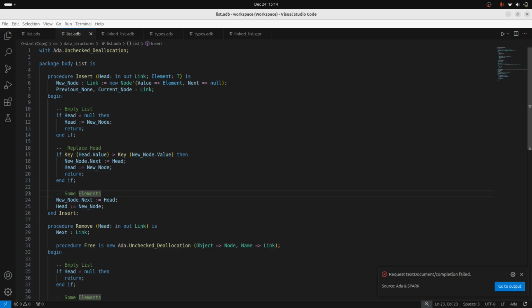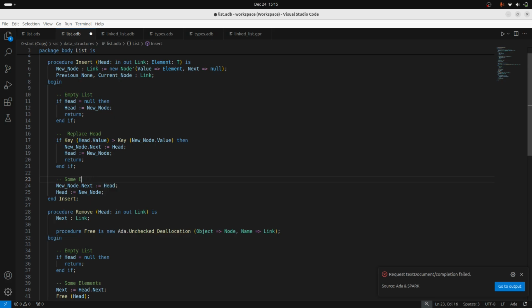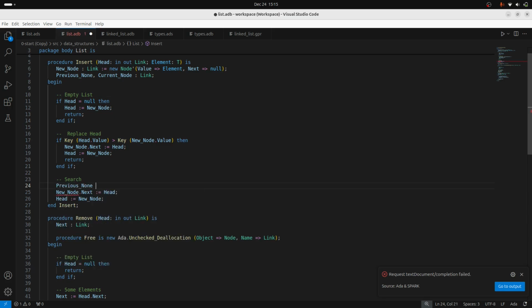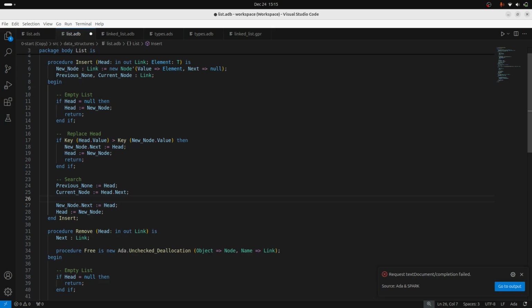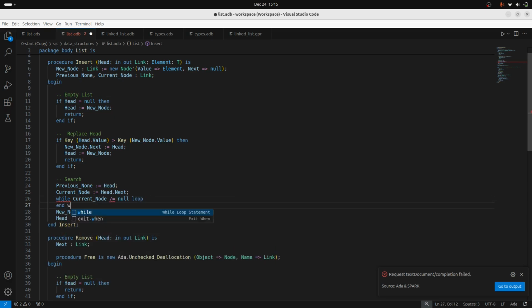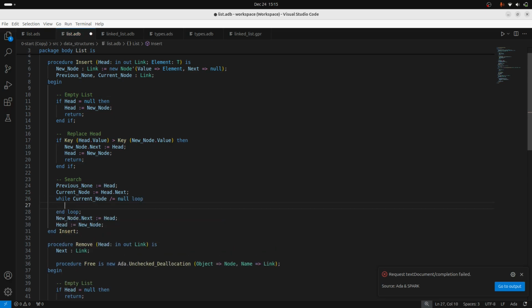Now, in the next case, we'll need to actually search through the linked list. So we'll say the previous node, the last node that we searched, is the head. And the next node that we're going to search will be whatever came after the head. Now for the search, we'll keep going so long as the current node is not null. And our condition for stopping the search is, again, when we look at the current node and its key value is bigger than